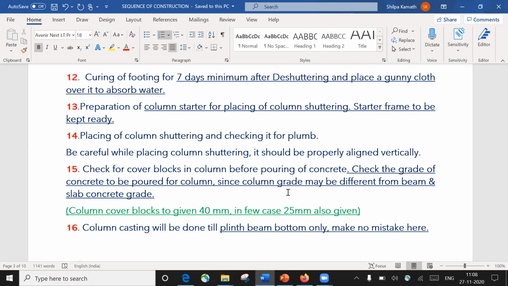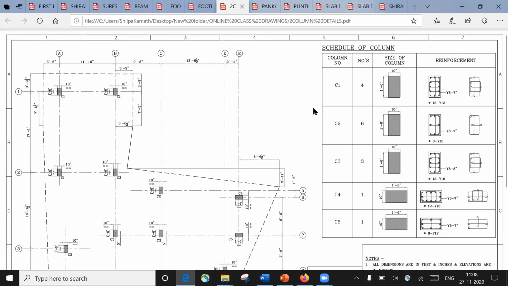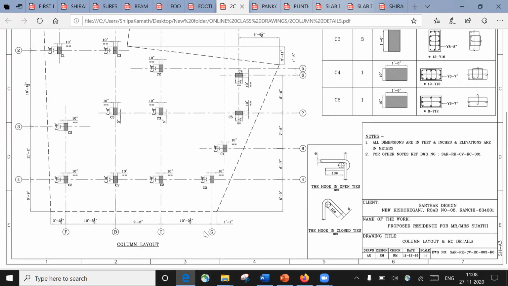Not in all the projects, it depends on the designer how he is going to design. Otherwise, you can keep the same grade, like what you can see here. Here what they have mentioned: grade of concrete shall be M25 with 20 mm downgraded aggregate. That is fine, because here everywhere you are using M25 only, in the footing, in the column and all. Just in case you want to use M30 grade of concrete in column, then when it comes to column, either he'll mention it here in the column layout, M30 grade of concrete,